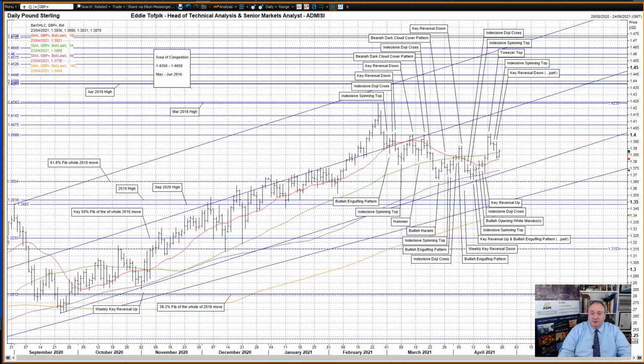Cable, aka sterling against the US dollar. A key reversal down yesterday, but only just. And what's more, a seemingly faulty one as well. Why faulty, you say? Well, the previous session was an indecisive spinning top, and it takes a little effort not to make a clean key reversal down in such a situation. Nevertheless, prices dropped down through the gently rising short medium moving average, currently at 138.69, but were halted, interestingly, by the short moving average that was just below, currently at 138.21.